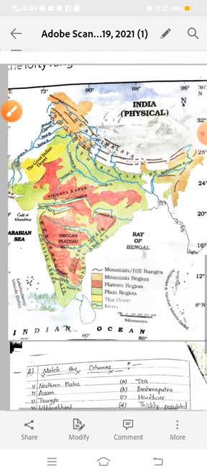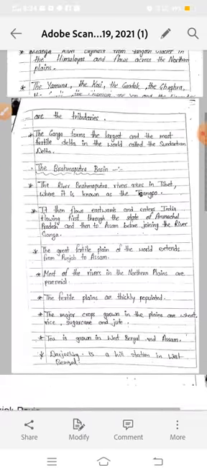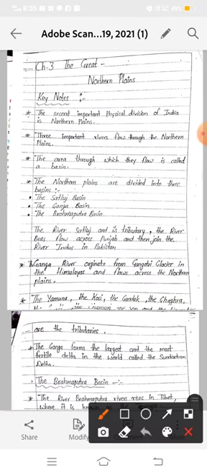We will read about the Northern Plains. We will read the key points. The second important physical division of India is the Northern Plains. In this chapter you learned this is the second important physical division of India. Three important rivers flow through the Northern Plains: first is the Satluj river, second is the Ganga river, and third is the Brahmaputra river. And I told you in your previous lecture that the Brahmaputra river and the Satluj river are trans-Himalayan rivers,